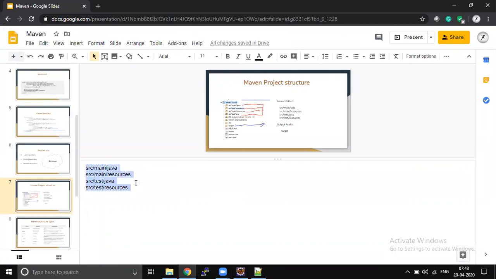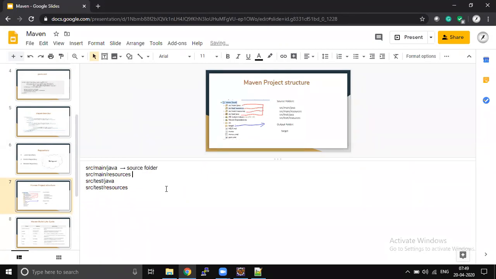By default it's supposed to create them, but due to security reasons and network firewalls, Maven may not be able to create all the folders. At that time, as a developer, we should create these folders. Whenever you are writing a Maven project, you have to keep all your application-related Java files under src/main/java. This is going to be our main source folder.